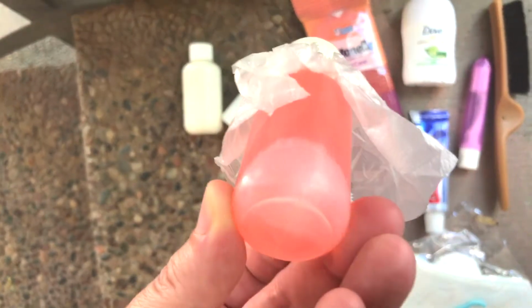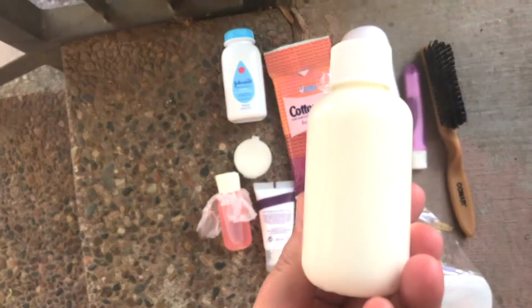I just have a little tiny tube of it, and I just keep cling wrap on the top of it in order to make it watertight. Otherwise it leaks a little bit because these bottles kind of suck. And then of course, sunscreen, the most important. And then that's it as far as my cleansing, being hygienic on the trail, you know, because there's no running